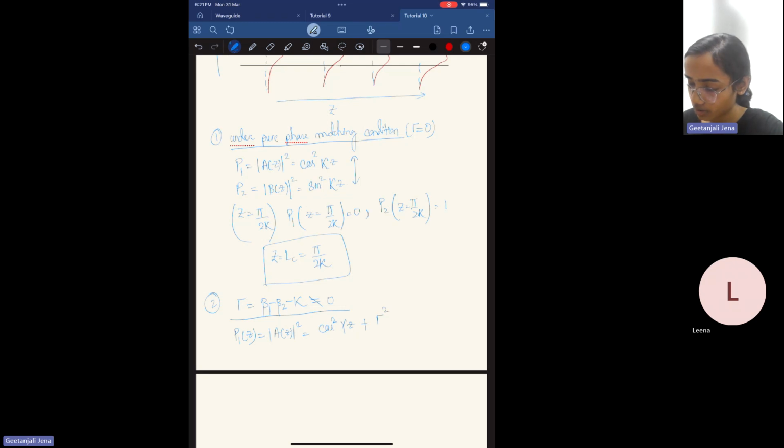I'm just writing down the final expression because going through the coupled mode theory again would not be good for this live session, so we can go through the lecture to find out the intermediate steps. And P2(z) is the square of B(z). So this will be